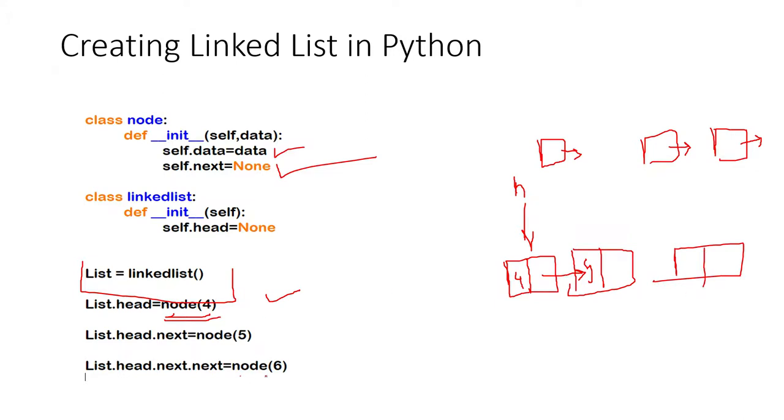So we have created Node 6 here, and list.head.next.next. So the first .next means this part and the second .next means this part. So you have successfully created a linked list with just about 6 lines of code. And yeah, there is a way of giving methods in it, like an append method, but we'll look at that later. You should just understand the concept.